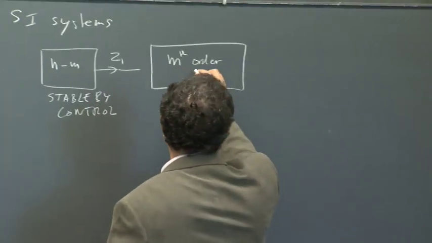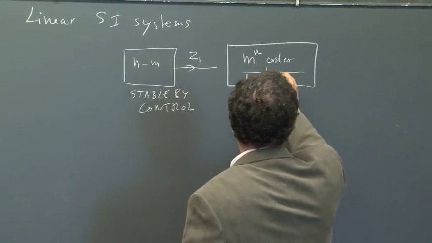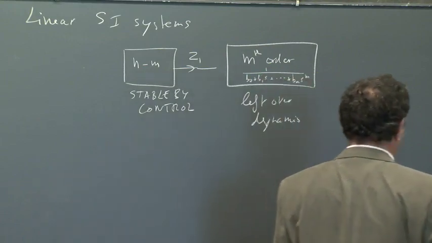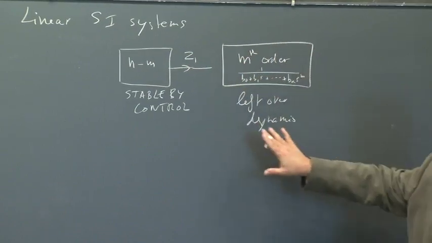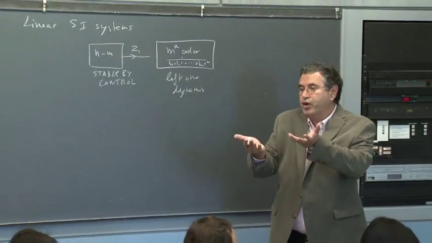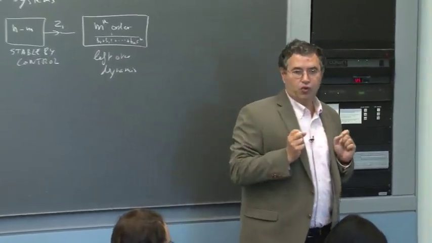So remember, maybe I'll just write it again. It was 1 over b0 plus b1s plus bmsm. So it was 1 over the numerator of the transfer function, and therefore this leftover dynamics was stable if and only if the original transfer function had all its zeros in the left half plane, in other words, was minimum phase, okay? And we showed more generally that